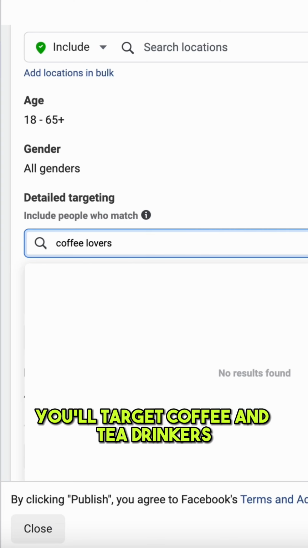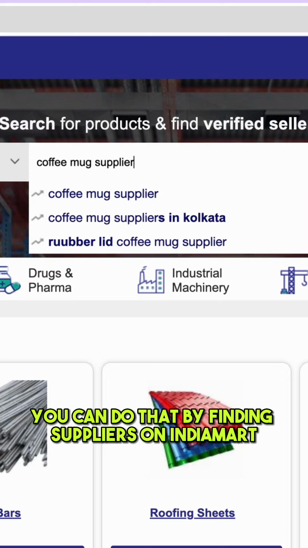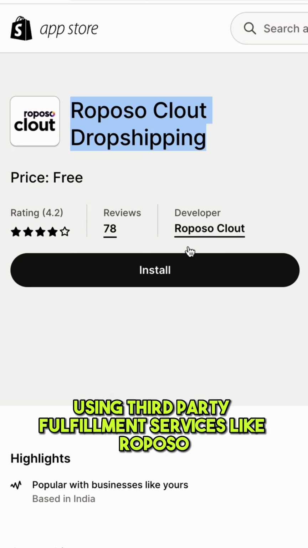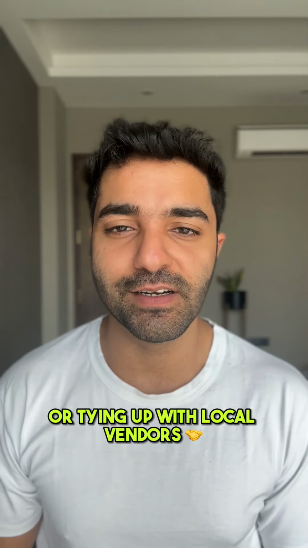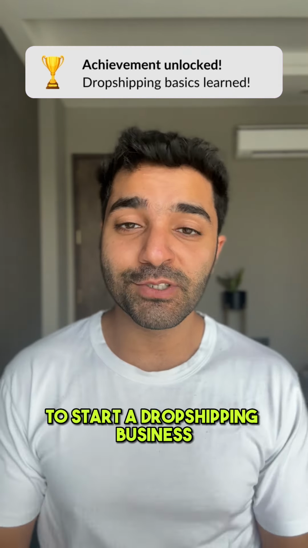Step 5 is order processing, which you do once you already have orders for your product. You can do that by finding suppliers on IndiaMart, using third-party fulfillment services like Reposo or Glowroad, or tying up with local vendors. Now you know the basics to start a dropshipping business,